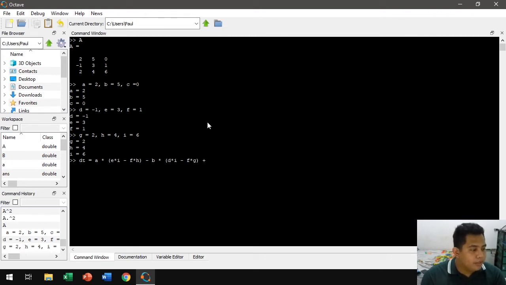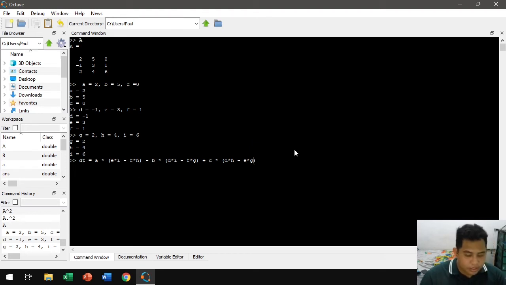Then the last part, plus c, so this part, and then the determinant of this, so c times this is b times h, oh no, rather minus e times u.